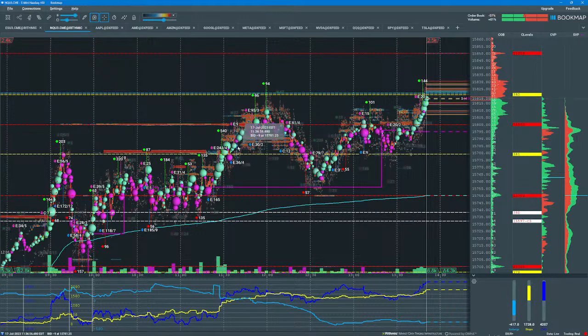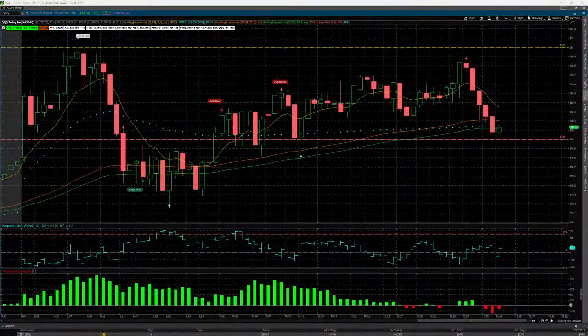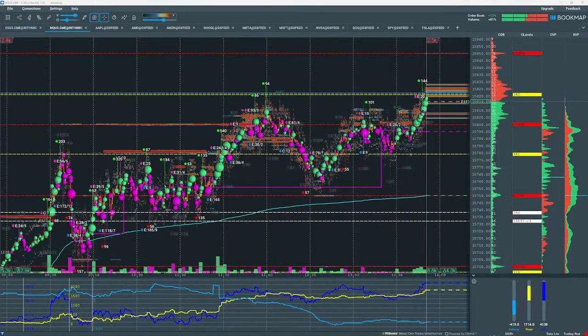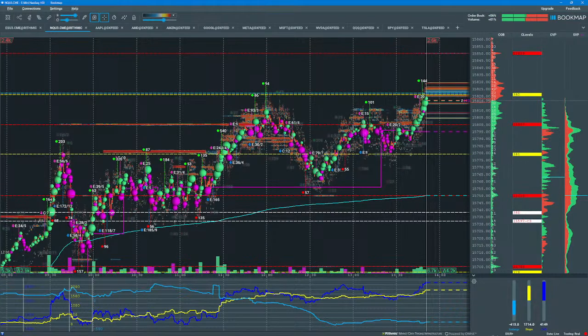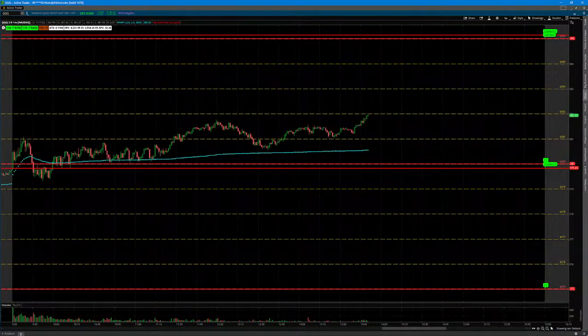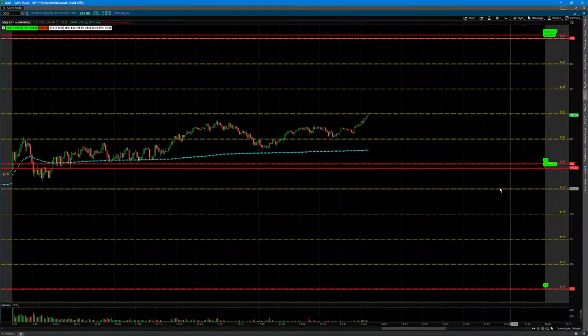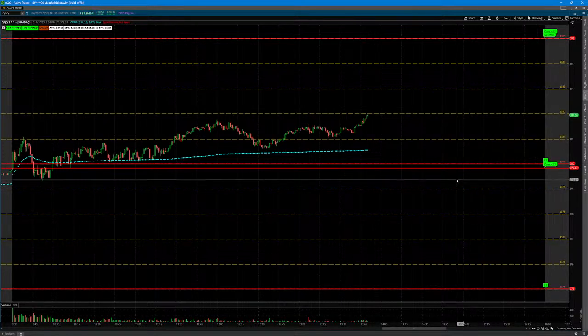All right, so here's Nasdaq. First of all, I want to take a look at a QQQ chart to see the QQQ levels in play for today. Let me grab that. All right, so pretty narrow trading range today. Slow grind up, just like the S&P 500. These are the levels in play.